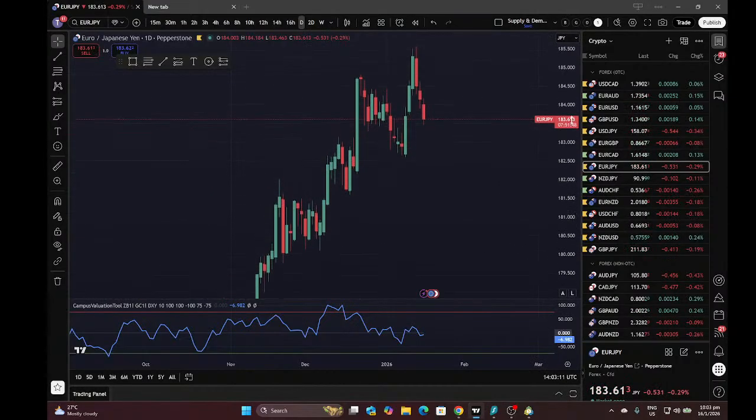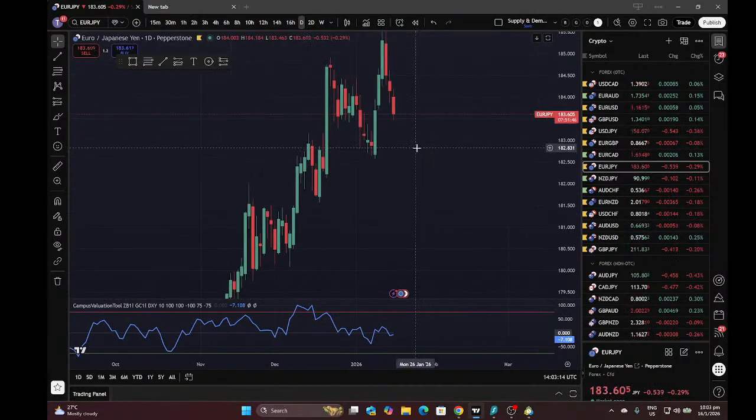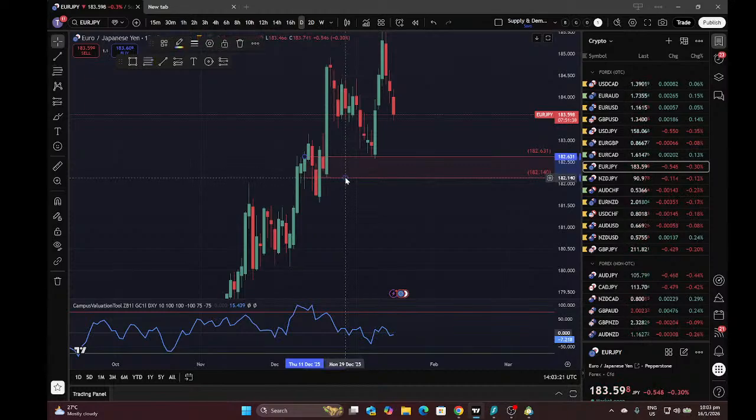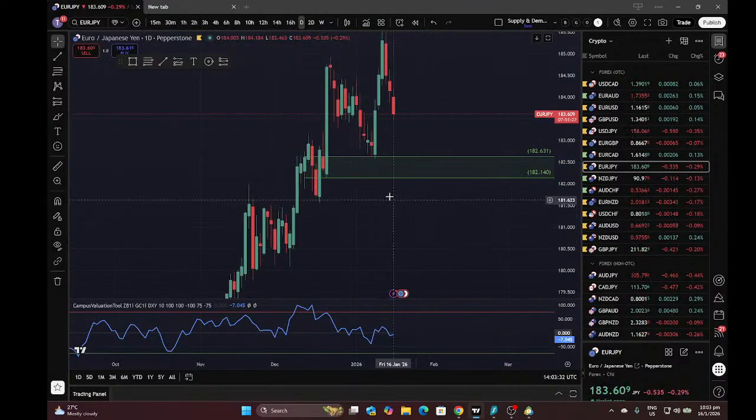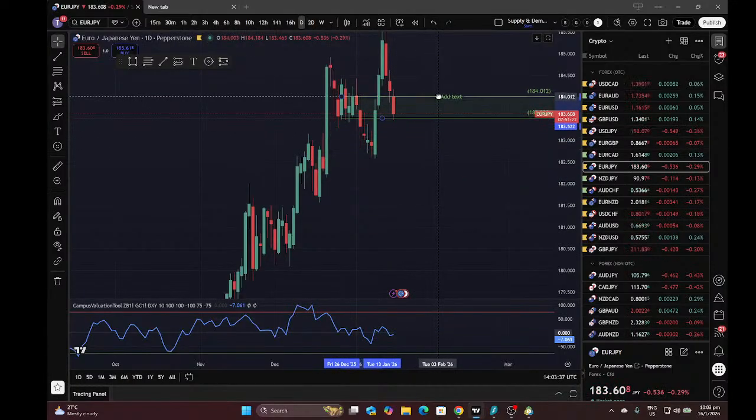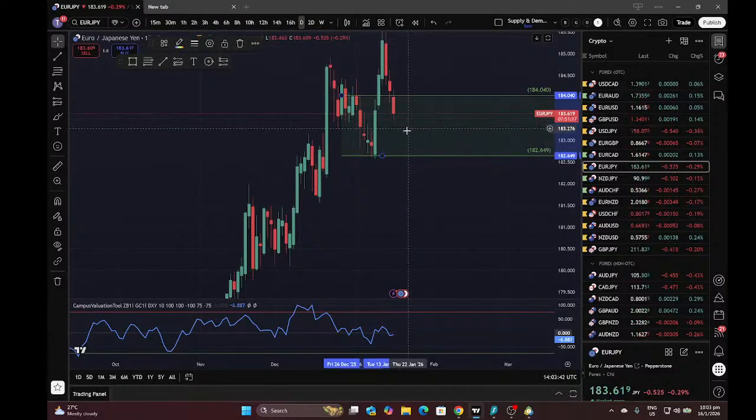Okay. The only problem with this, again, I always say problem, but it is a problem. The only thing about this zone is, it was already a previously mitigated demand zone, right? So if I'm gonna use this zone here, it looks like a nice zone, but then what happened is it's currently being mitigated,